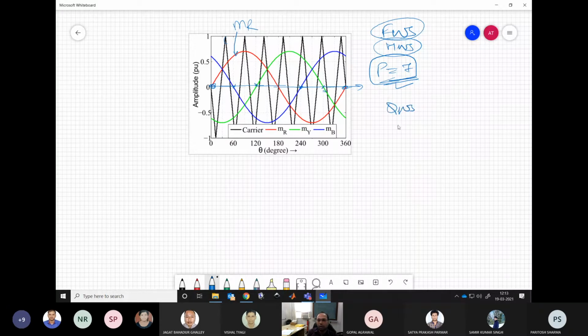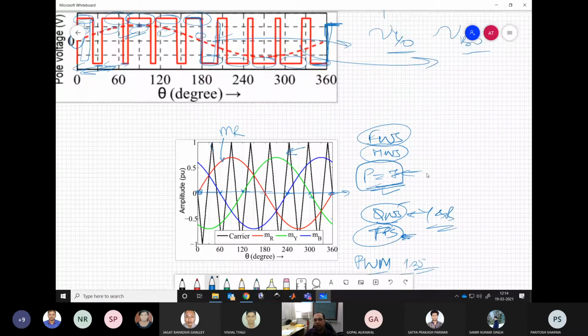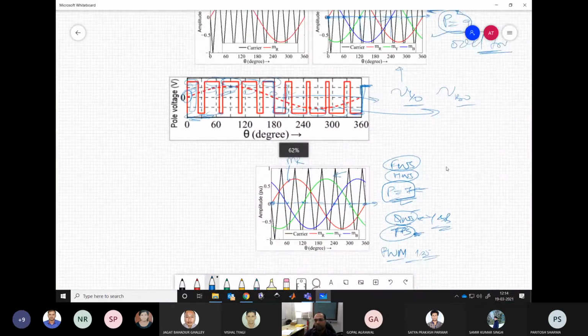So we may lose quarter wave symmetry, we may lose the three-phase symmetry among the waveforms. Of course, when the carrier is not the same for all three, the PWM waveform will not be shifted by 120 degrees from each other. So then we may lose this three-phase symmetry, and we may lose quarter wave symmetry for Y and B phases because it's not aligned properly. So these are the problems when we have a non-odd triplet number. That's why for a good PWM, we should practice this.